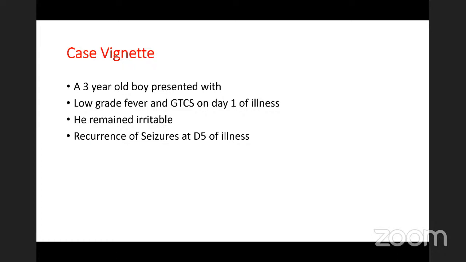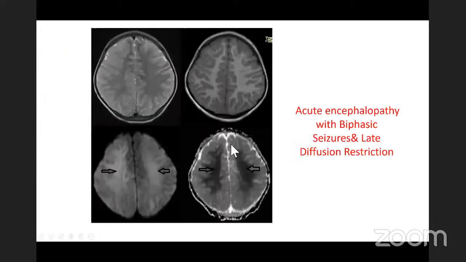Similarly, we have another entity, which is called a clinico-radiological entity, in which a 3-year-old boy presented with low-grade fever and GTCS on day 1 of illness. He remained irritable and encephalopathic, and there was recurrence of seizures again on day 5 of illness. And when we checked the MRI, the routine MRI sequences were normal, but in diffusion sequences, we found that there was intense